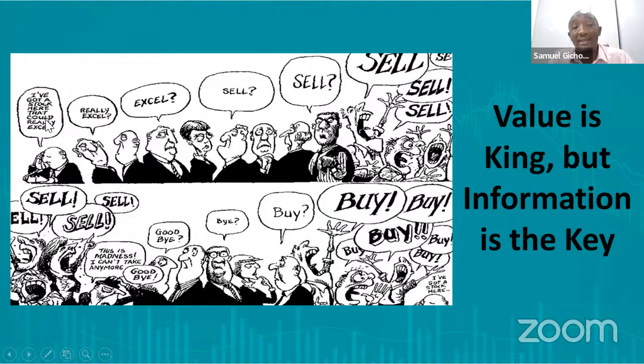Now, remember, I was calling somebody to tell them that I think a share will do well. But now they are selling. You can see me down here. I've now put on my hat and I'm saying, this is madness. I can't take it anymore. Goodbye. Same thing happens. Now they are buying the same stock. And so in one day, I don't know if this was a day or a few days, everything is going exactly the opposite of what I was thinking.